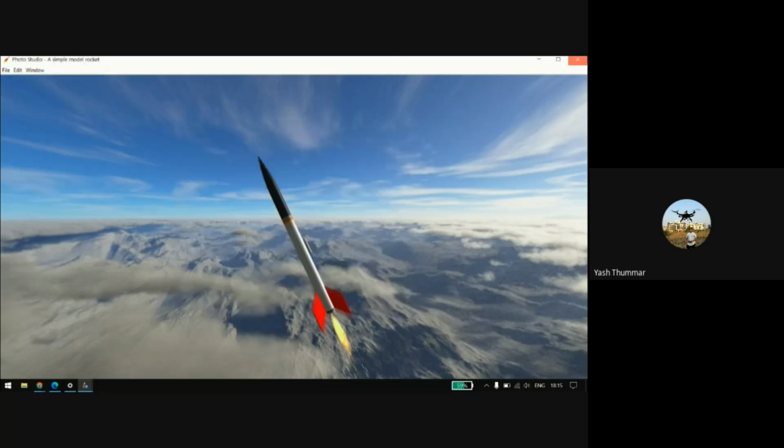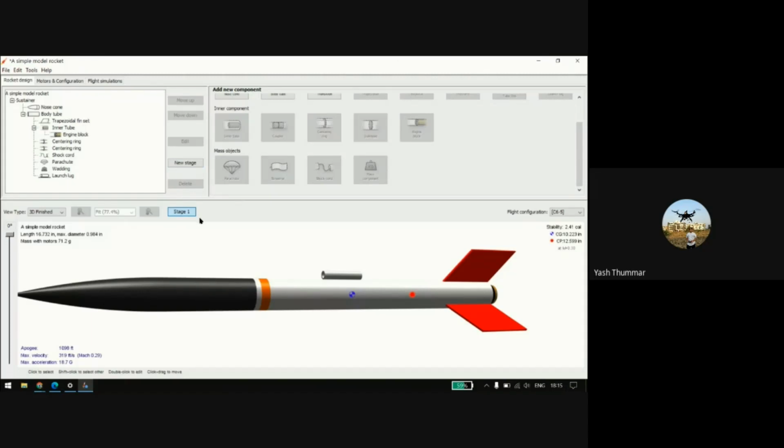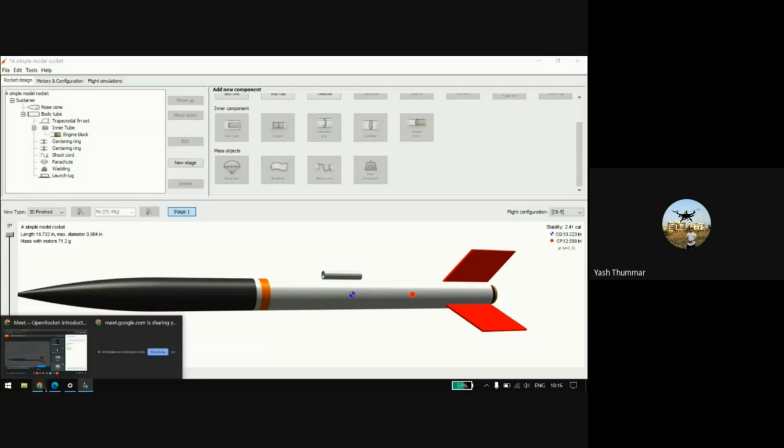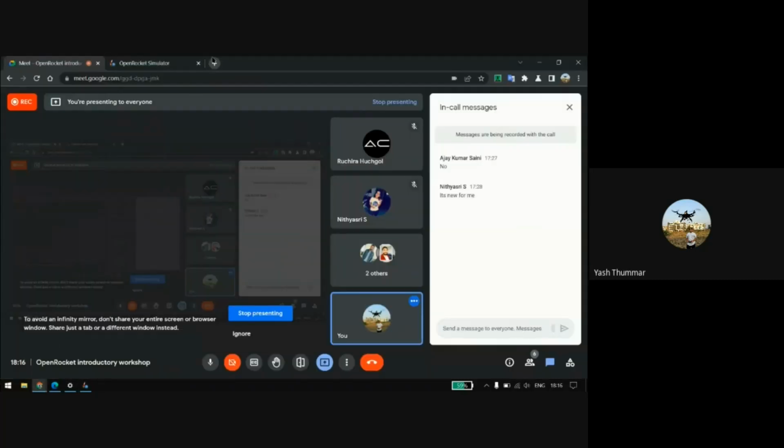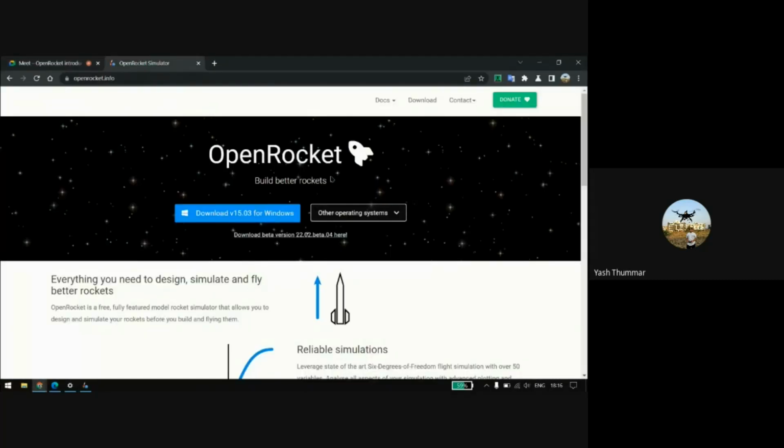So this is all. We have time also, 6:15, and this is completely the introduction of OpenRocket from scratch, and some of the tools we showed here. This is introductory, and apart from this, you may find other useful things on the same website, openrocket.info.